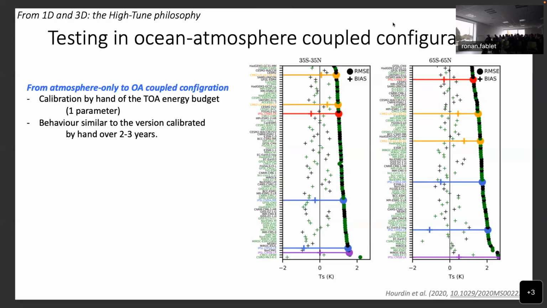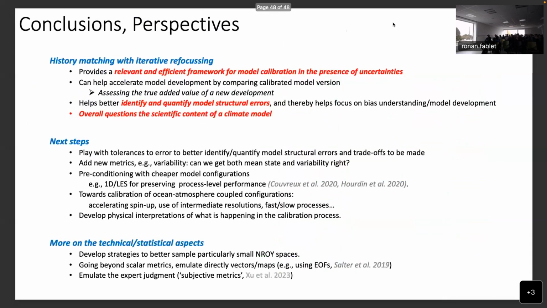It's not the case for the more global system, but still, this kind of calibration was done in maybe 2 or 3 weeks, while the full calibration of the model took 2 to 3 years with previous methodologies. So to conclude, I hope I convinced you that history matching with iterative refocusing provides a relevant and